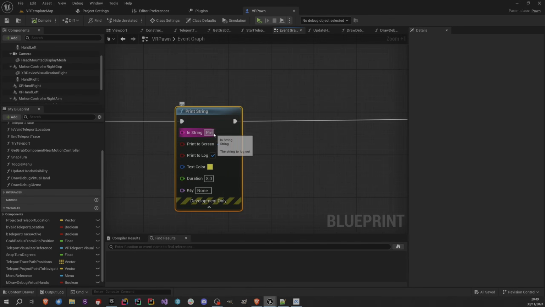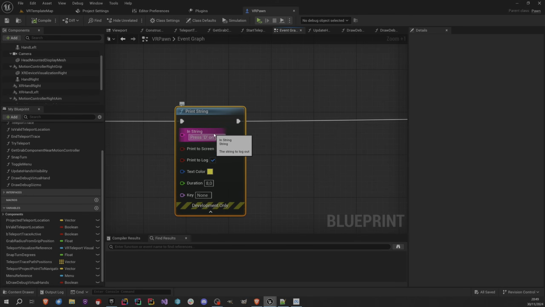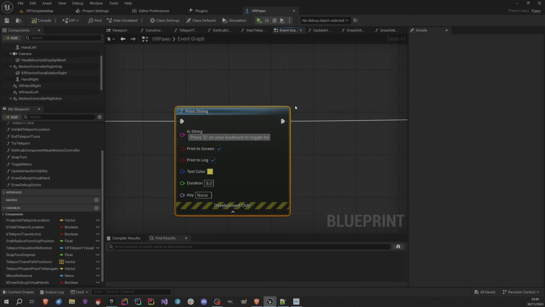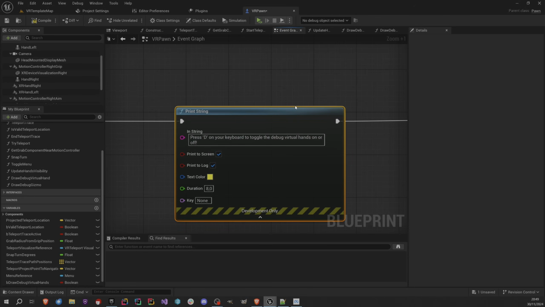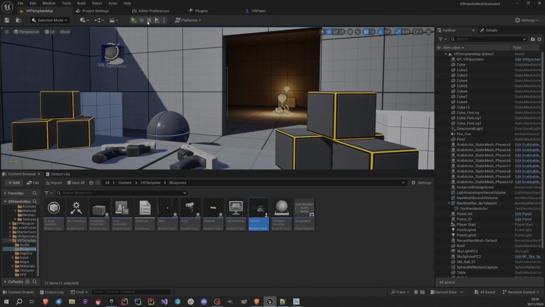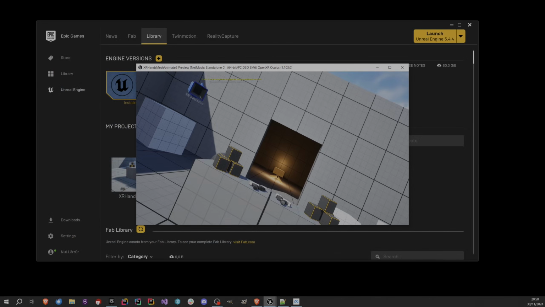And then I want to show a message here. I'm gonna say: press D on your keyboard to toggle the debug virtual hands on or off. Okay, if I save the game and if I play here, you can see at the